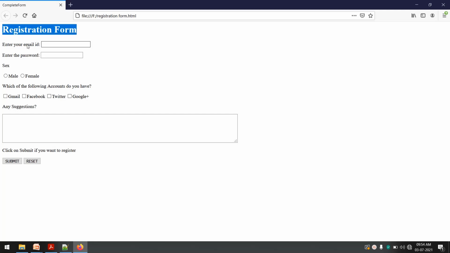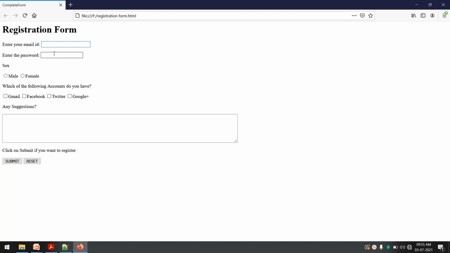Inside the first label we have displayed "enter your email ID" and the text box we have created. Now if I click on "enter your email ID", you can see the cursor is still displayed in the text box, because this whole thing is inside a single label. If I do not include it inside the label, and I click on "enter your email ID", the cursor will not be displayed in the text widget. So the label makes it a complete set, or the label groups it together.